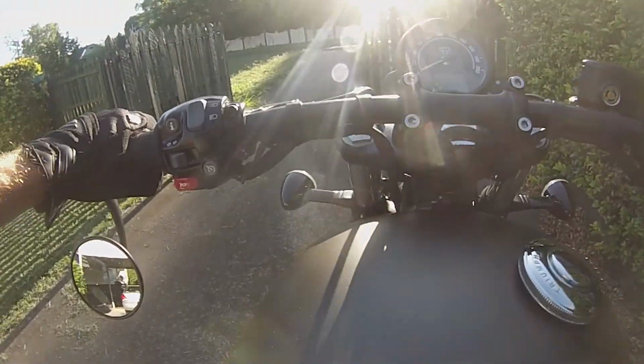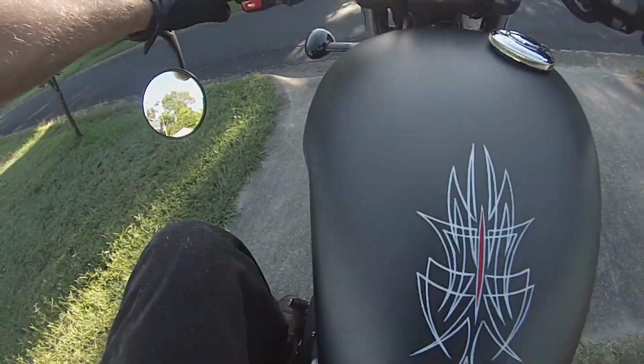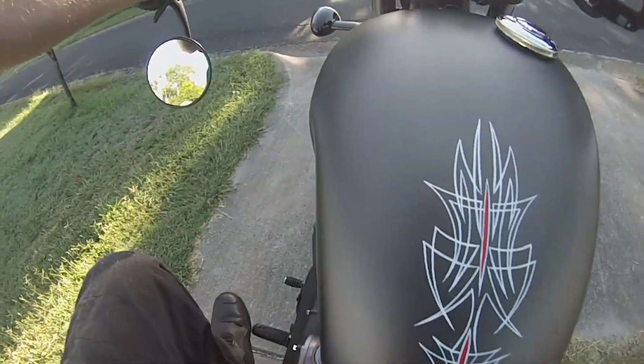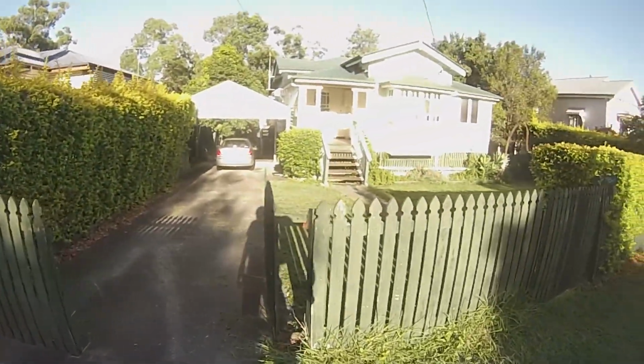Right, what is a bobber? Well, a bobber is a bike that has been bobbed. It's had a bob job. And what's that exactly? Well,